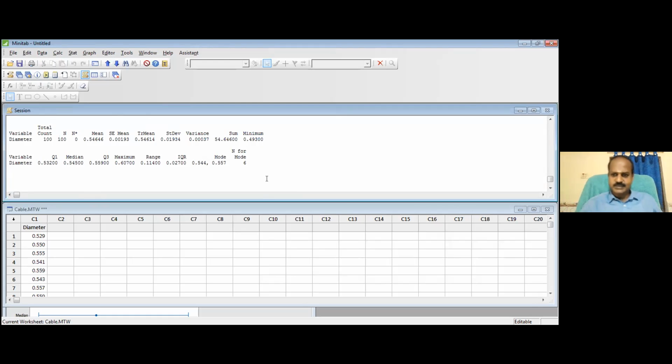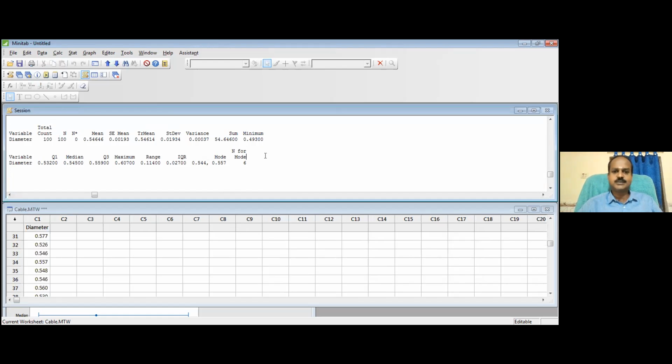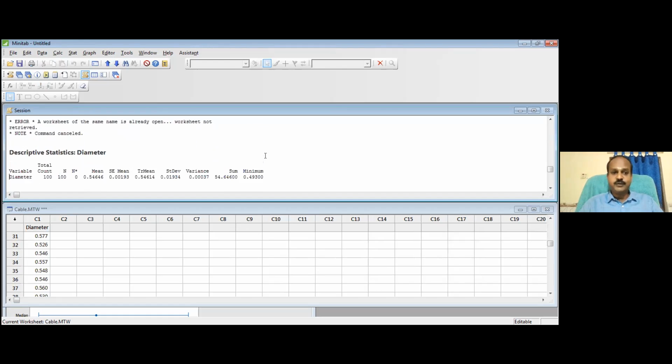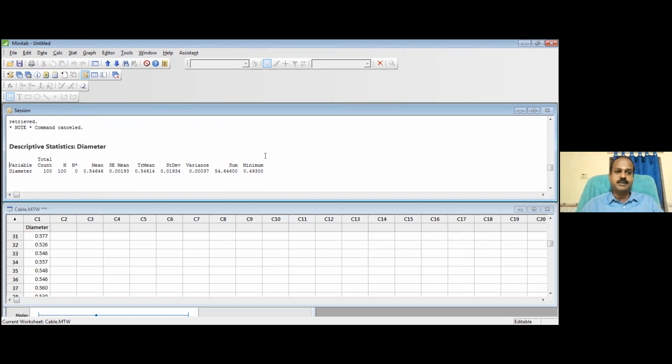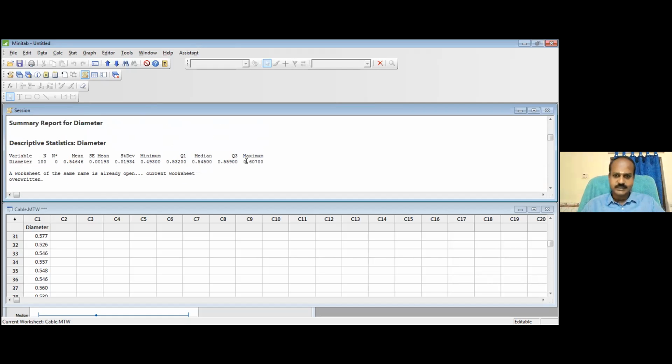This is called descriptive statistics. What is descriptive? You are describing what this data is saying. The data is telling me this, and so this is called descriptive statistics. If you use the information to predict the population, that is called inferential statistics. There are two things: descriptive statistics, and another one, inferential statistics. If you want to understand what your data is telling, that is descriptive statistics. If you want to use the data and predict the future or predict the population, that is called inferential statistics. All right. So now this is understood.